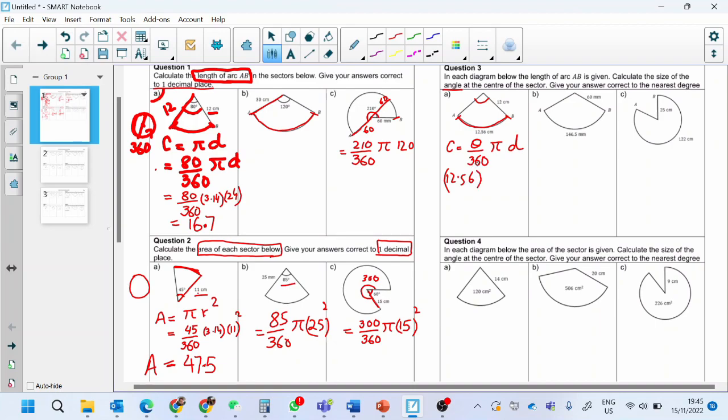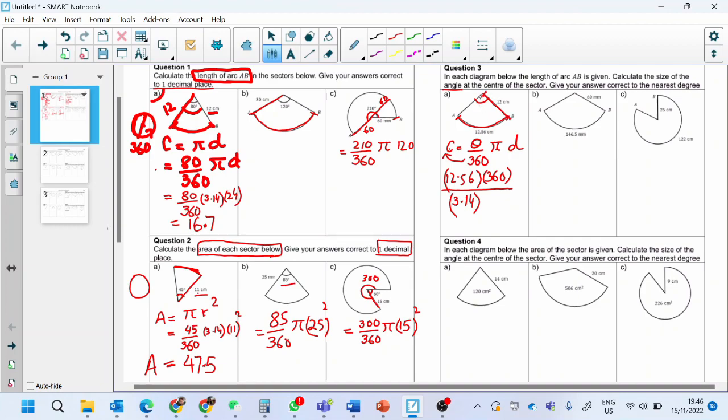360 is dividing here. When it goes to the other side of the equation, it will multiply. So it will multiply 360 with this c. The value of c is 12.56, and then this pi and d are in the numerator. So when they go to the other side of the equation, they will go to the denominator, right? So now the pi value we straight away write as 3.14, and d here, if the radius of this is 12, so